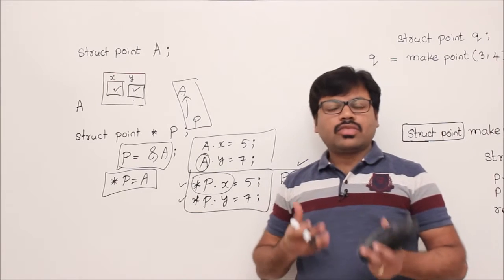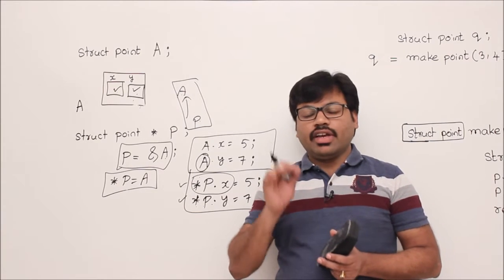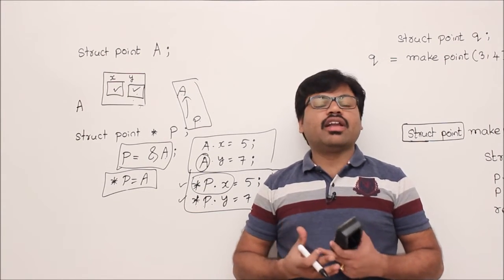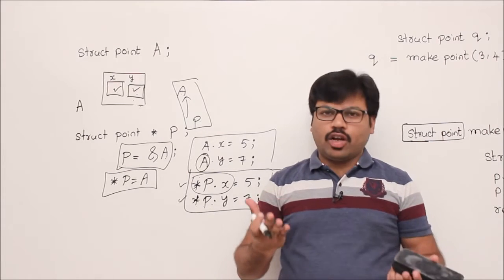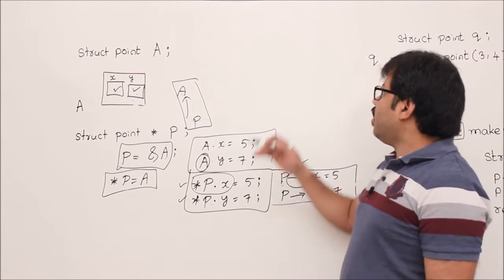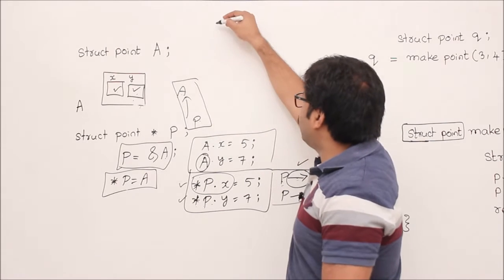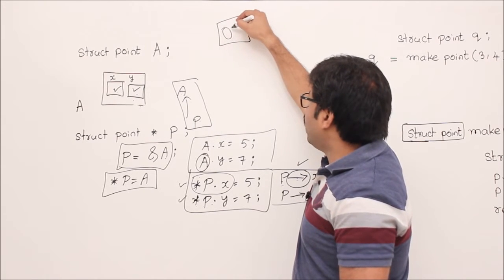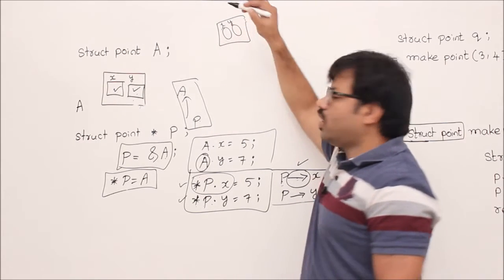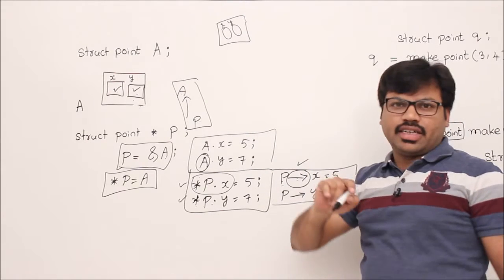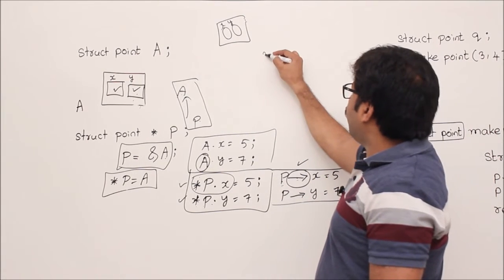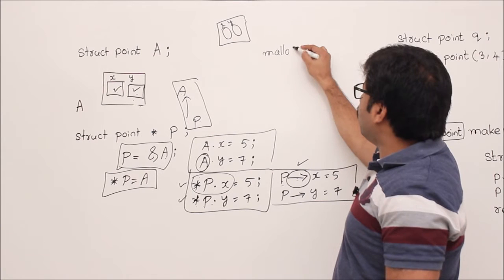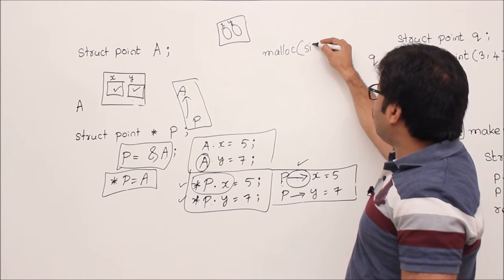Now some more things I want to tell you. We can create a structure, otherwise we can allocate memory for a structure using malloc also. How, we'll see. Example, I want to create this kind of box. What is that? A box with two variables x comma y. How to do that? Using dynamic allocation. Simple. So we have malloc, right? Use malloc. Okay, then write size of